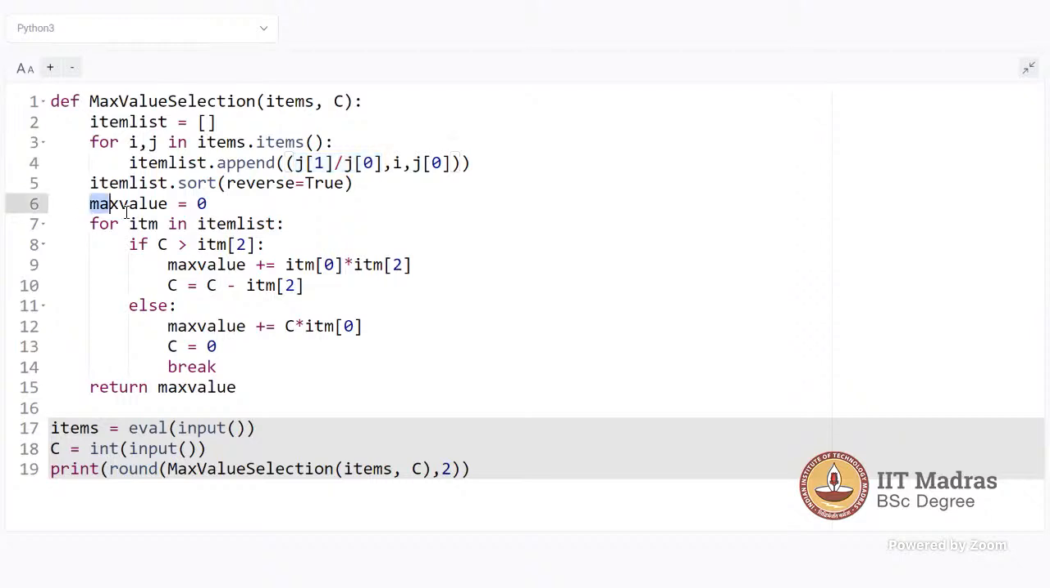So we just initialize the max value equal to 0. After that, in a for loop we will traverse the items from the items list. The first item we take is the one with the highest cost per unit. Using this for loop, the item variable will take the items from the items list, and every time we